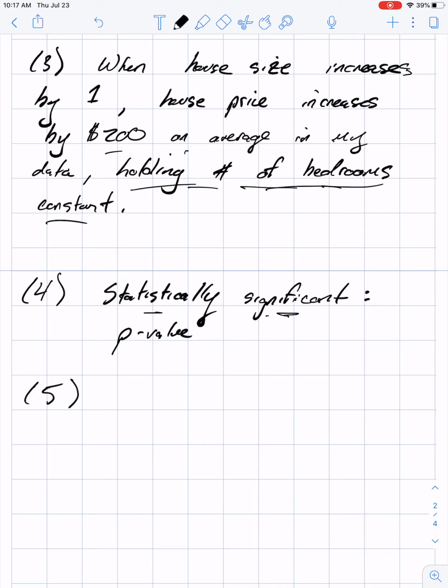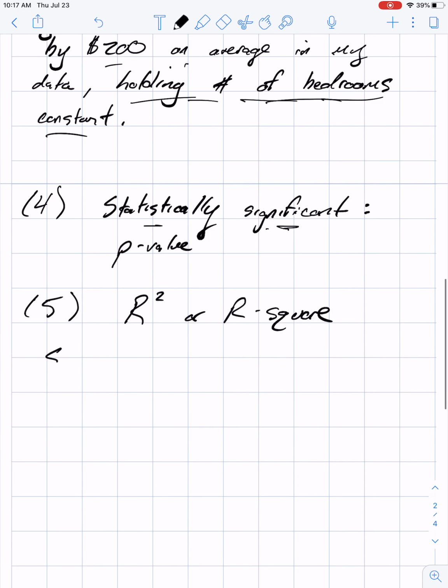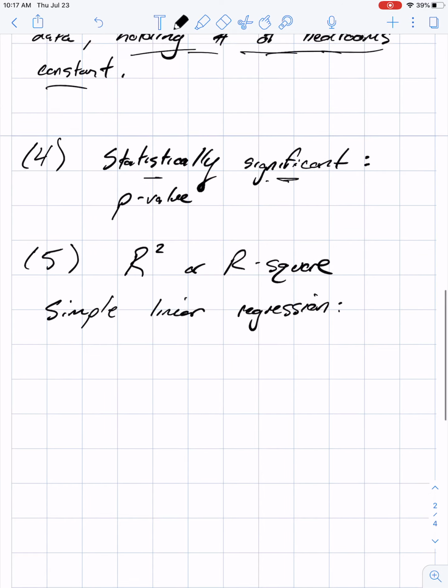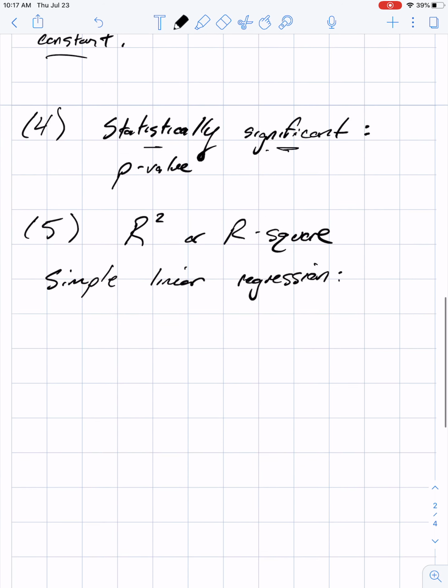Now 5, we're also going to look at our r squared, or r square. That gets printed in Excel. Now, one thing I want to tell you now is before, when we did simple linear regression, our r squared had an interpretation, so I'll use the bedroom example right here. If we were interpreting this, and let's say we got an r squared of 0.8,